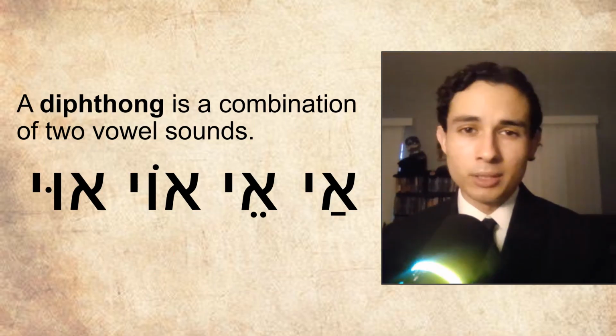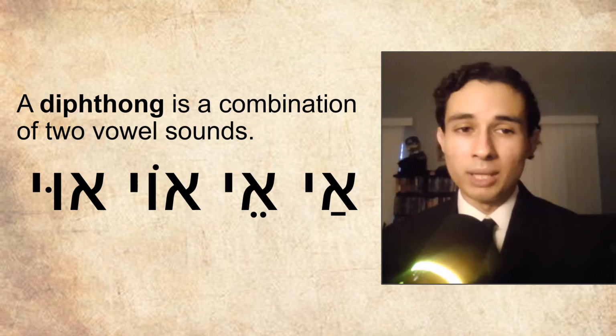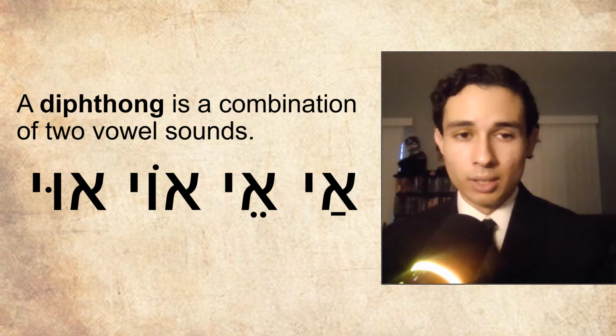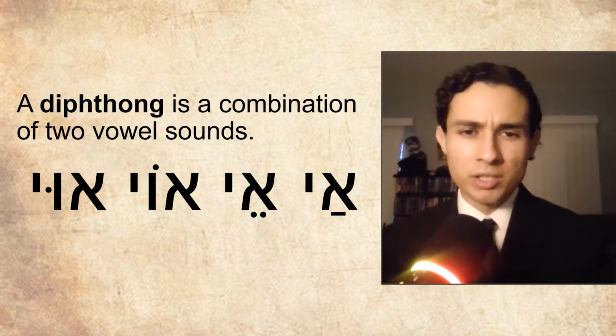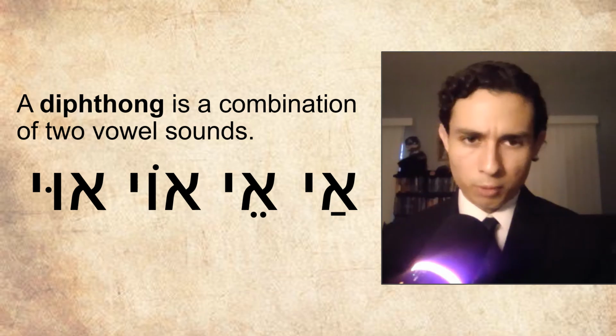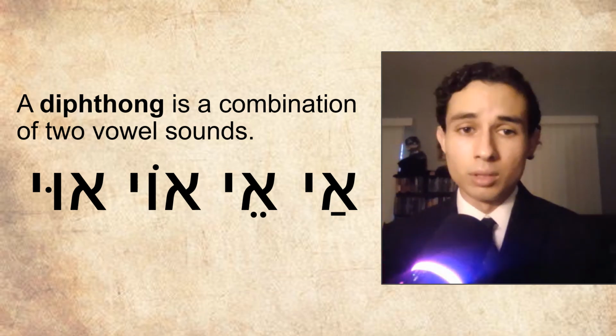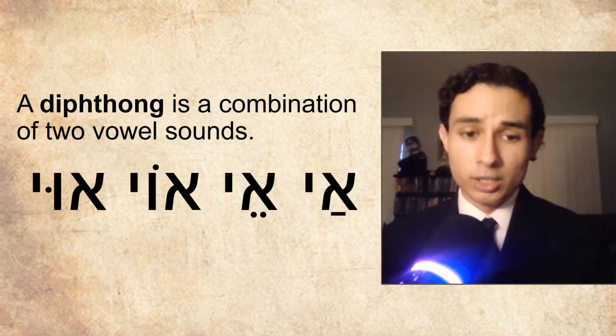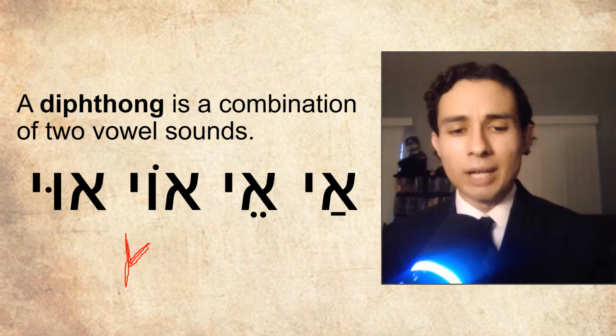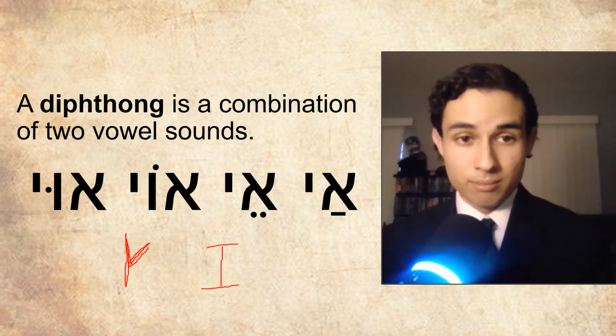So our next topic is diphthongs, which occur when two vowels are combined to form a new sound. This might seem like a new thing, but it's within the same ballpark, and I'll try to put it very simply. First and foremost, there are two different ways to transliterate the letter yod. When we learned it as a consonant, yod is Y. But when it's treated as a vowel, we can use the letter I.